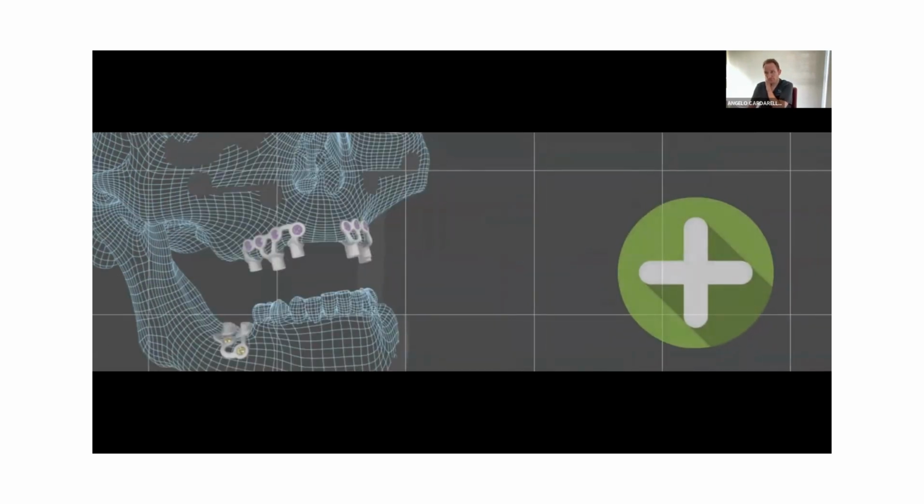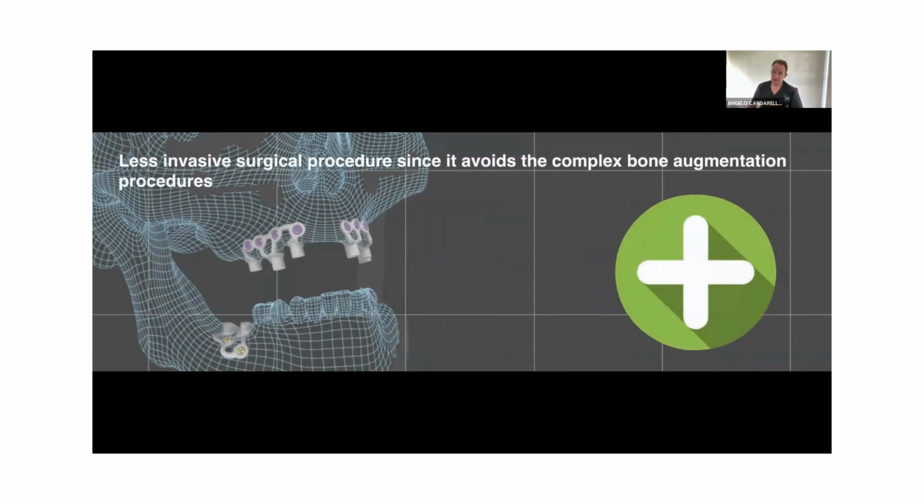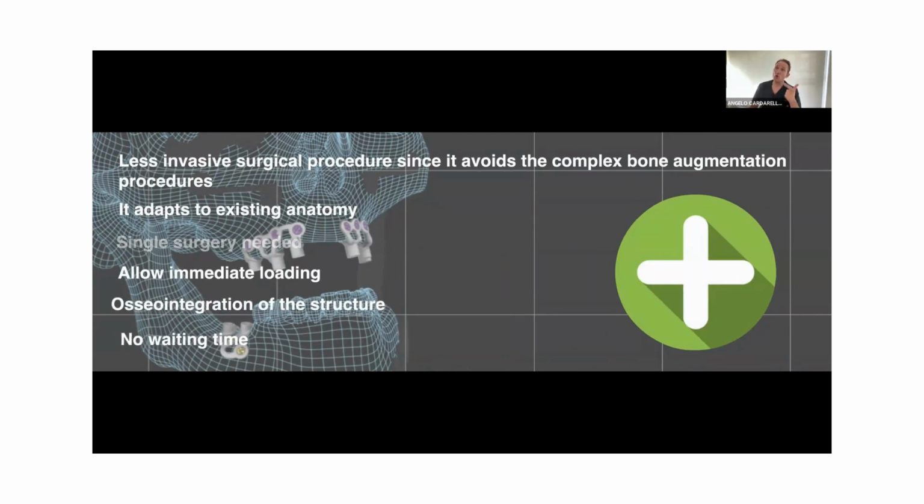But again, why subperiosteal implant? Because now the titanium framework is very, very precise. So we don't have any problem in terms of the fixation. The fitting is perfect. We can also make immediate loading. We can reduce the surgery to only one step. And we can solve an extreme case in which we don't have any possibility to place the standard implants